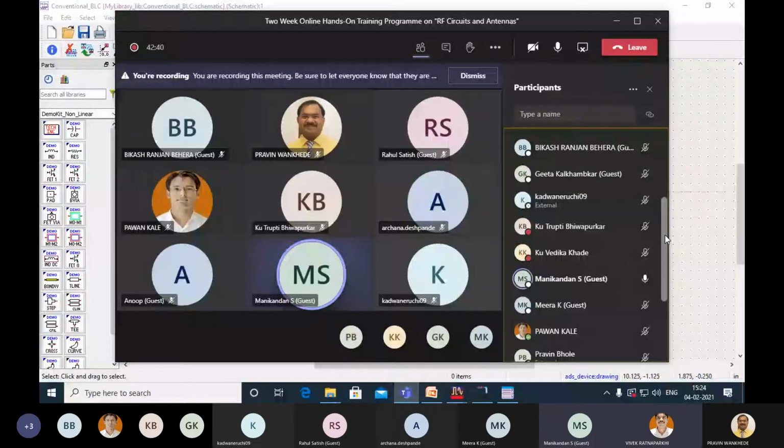Now what you have to do, you have to make a structure like this. Sir, the structures are not visible, sir. You can see the view all option is there. You click on it, view all. Can you see now?